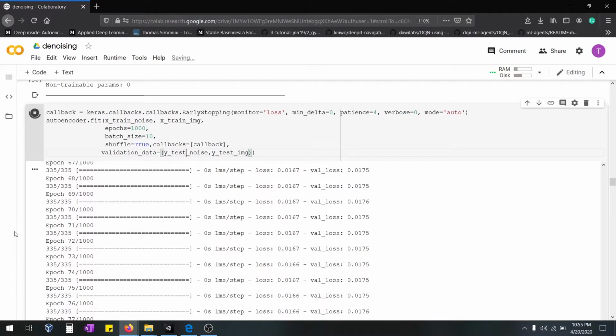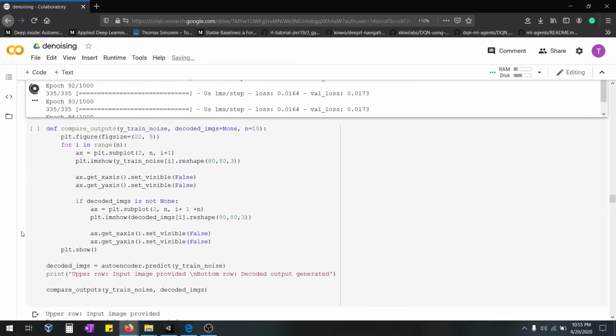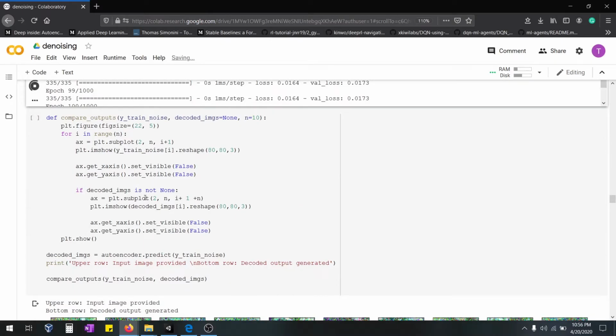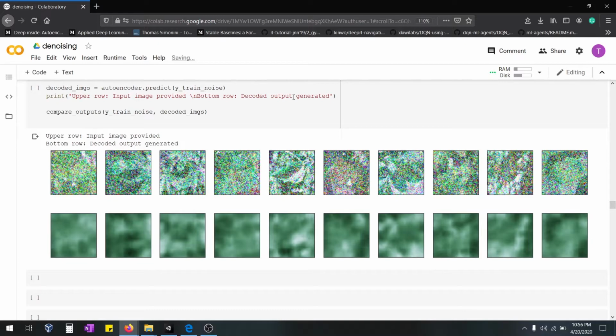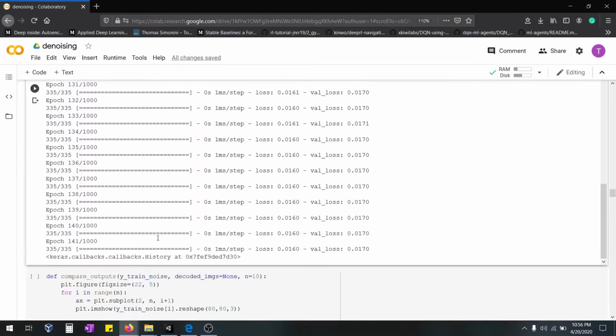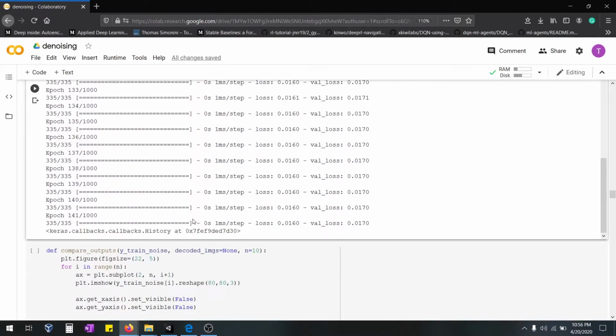To visualize the outputs, this is the code I wrote. Here the Gaussian noise images have been given to the autoencoder to denoise. It was not that good, but now I used salt and pepper, right?